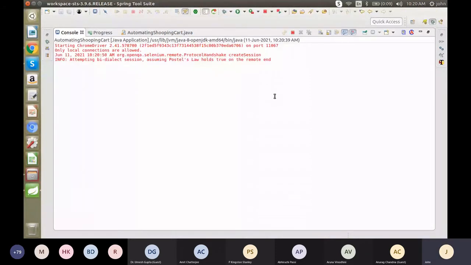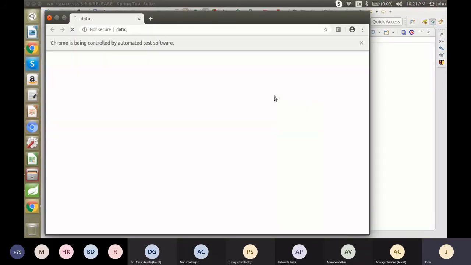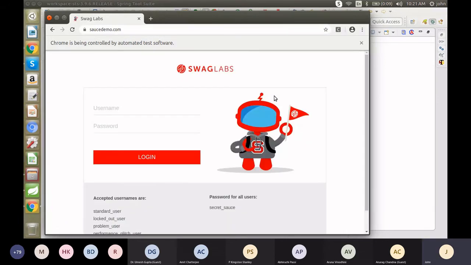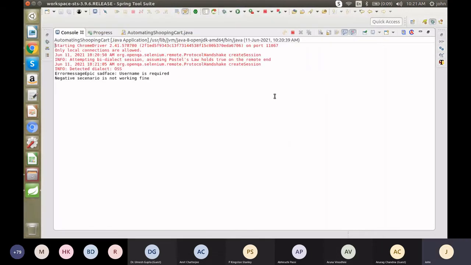Chrome driver is loaded. Now it has loaded the home page and it will click the login button. Yeah, we actually got the error messages. The browser is also closing. So same thing again, it is printing. Okay.